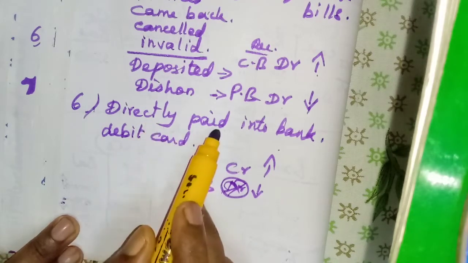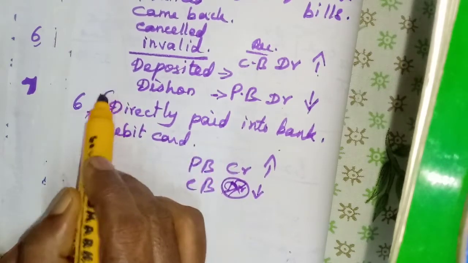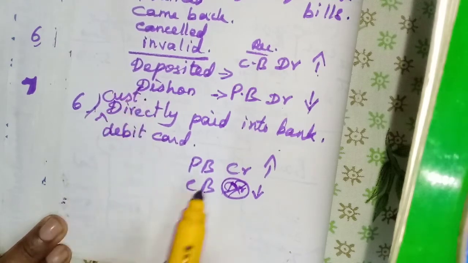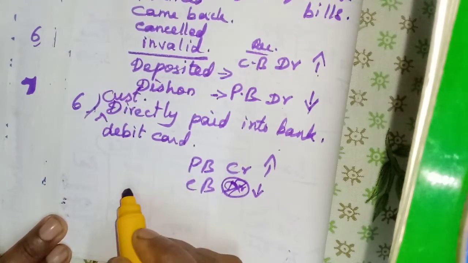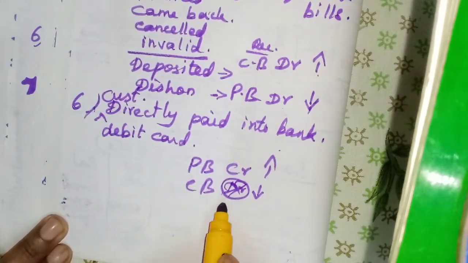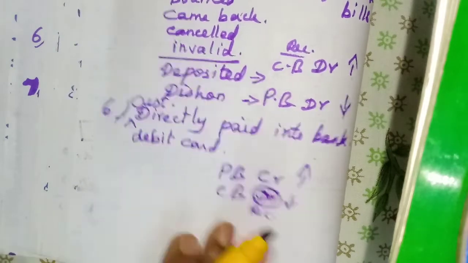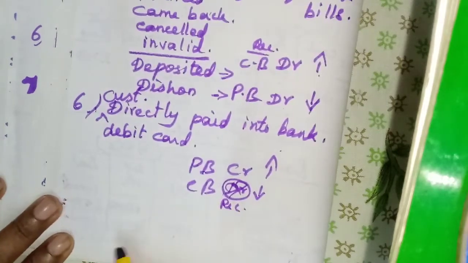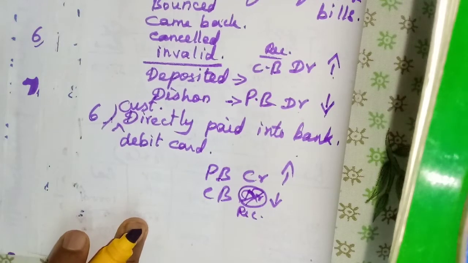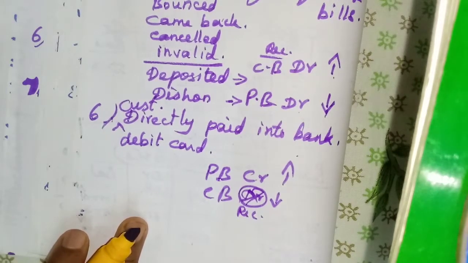so it shows less balance, because it is a receipt, isn't it? Paid into the bank means who are paying? Customers are paying. If customers pay, we are receiving, so we have to write in the receipt side, we are not writing. That is why it shows less balance. The bank passbook shows credit balance more. Okay, that is why the difference occurs. Okay, then the next one,